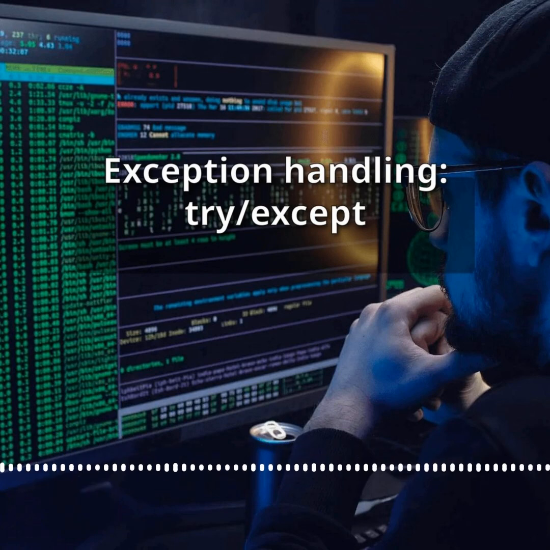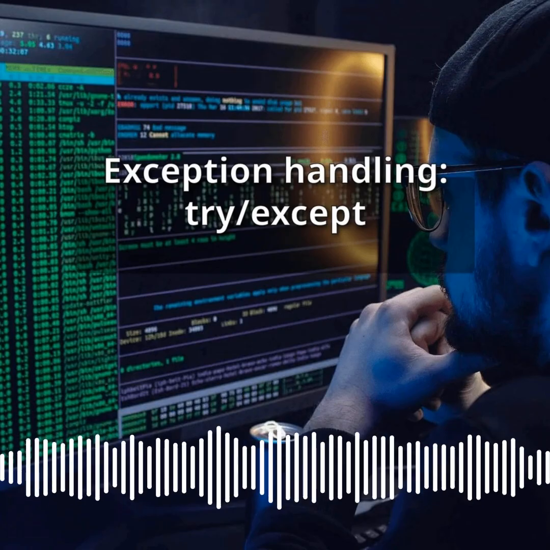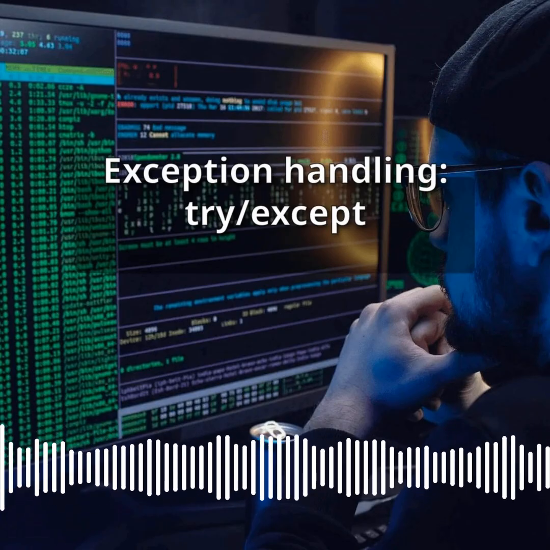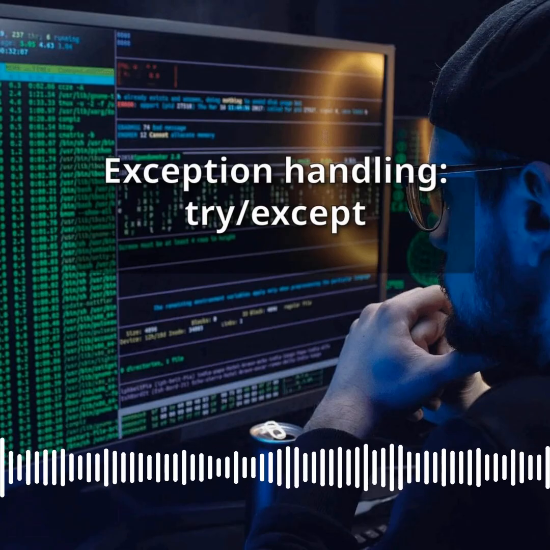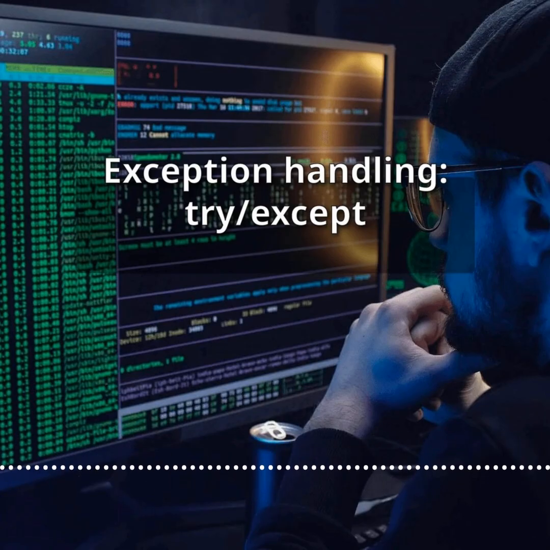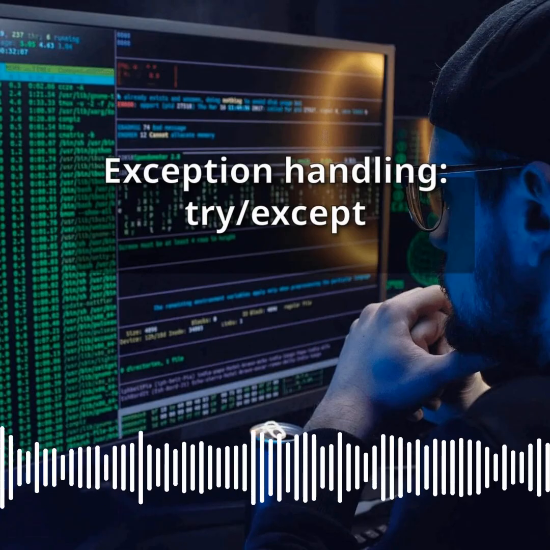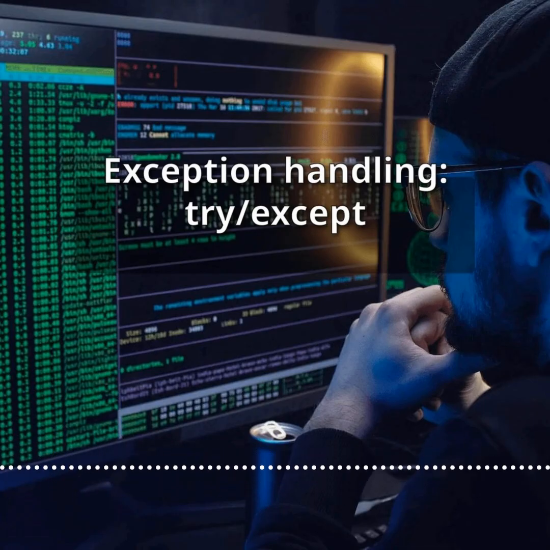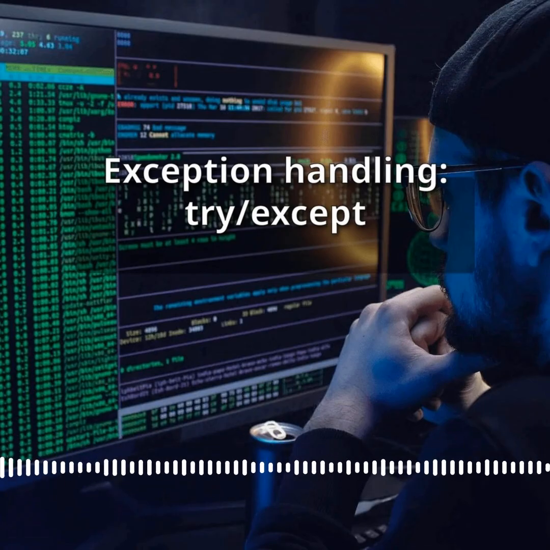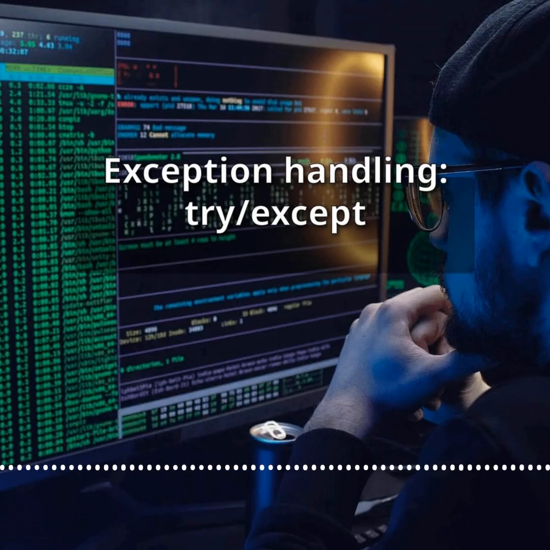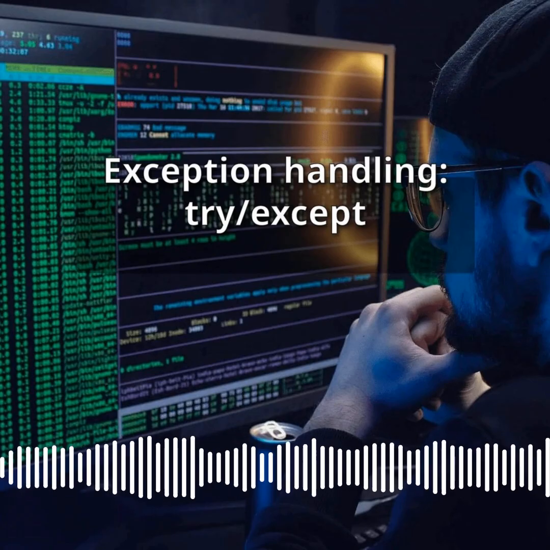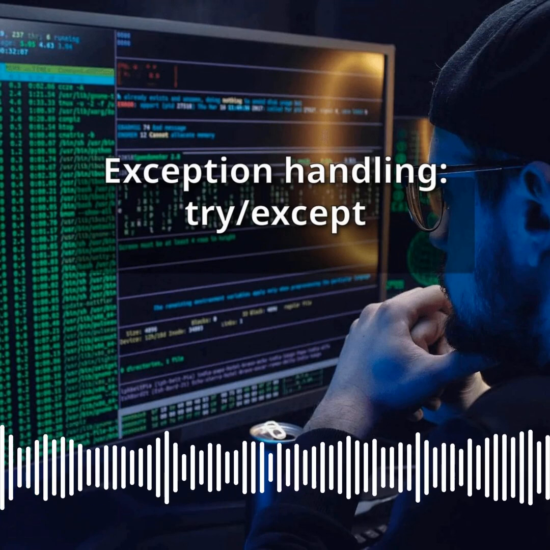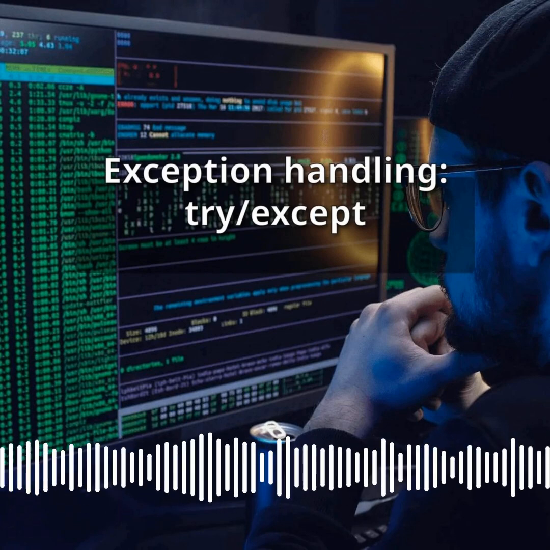try: f = open("targets.txt", "r") except FileNotFoundError: print("Target file not found. Exiting.") for line in f: ip = line.strip() try: sock = socket.create_connection((ip, 80), timeout=2) print(f"{ip}:80 is open") sock.close() except ConnectionRefusedError: print(f"{ip}:80 connection refused") except TimeoutError: print(f"{ip}:80 timed out") except Exception as e: print(f"{ip}: unexpected error: {e}") f.close()